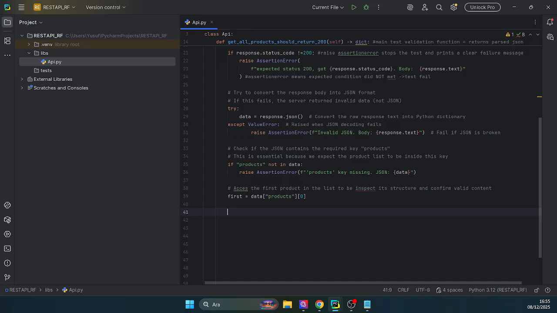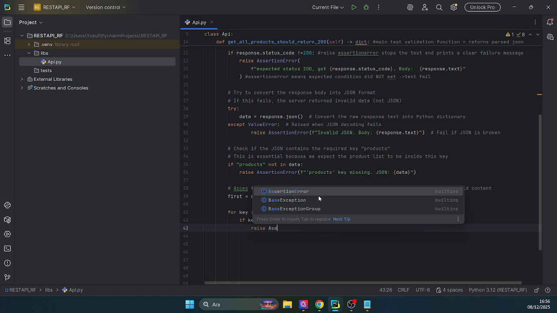How we do that is for k in ID, name, let's say price, that's enough. Then if k not in first, raise assertion error,